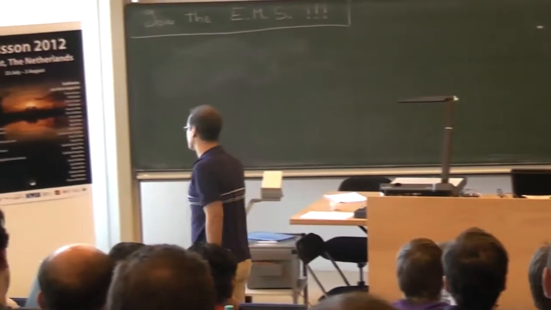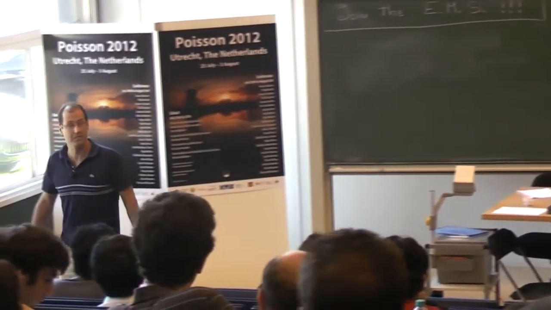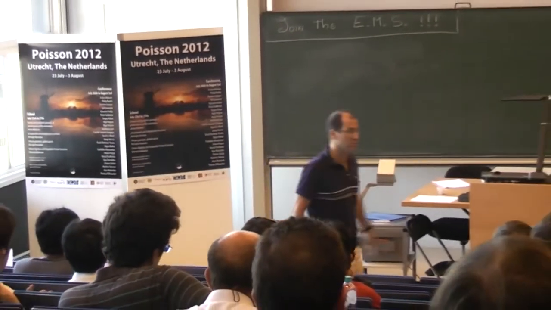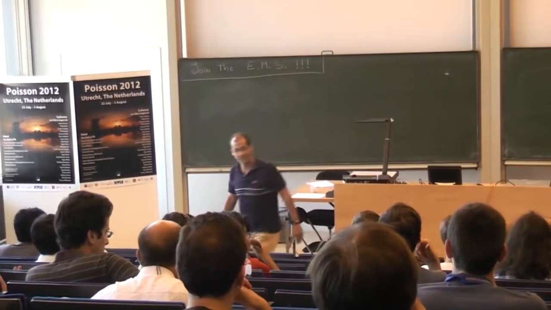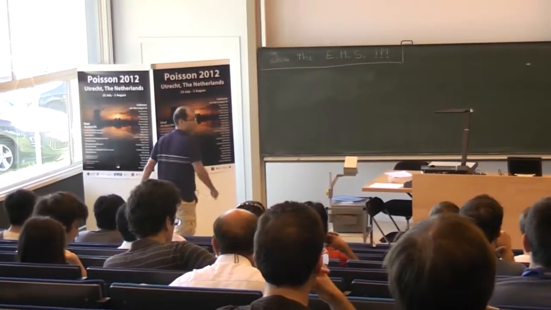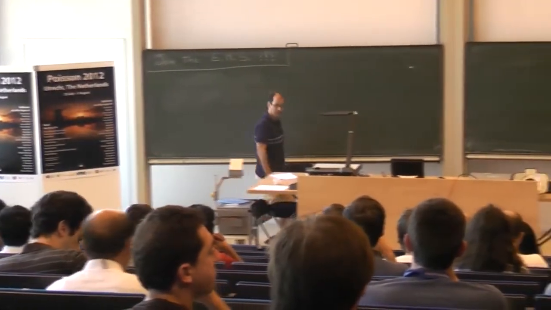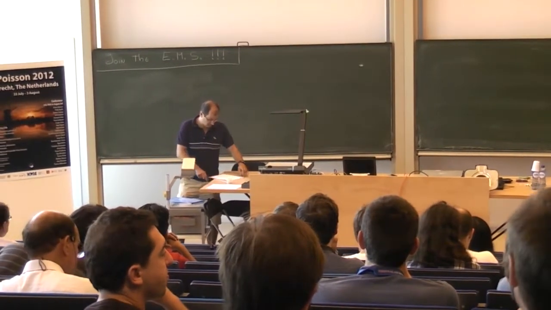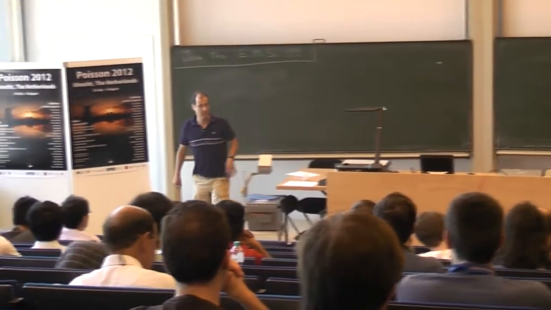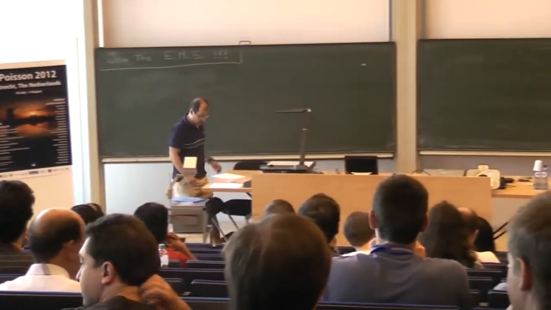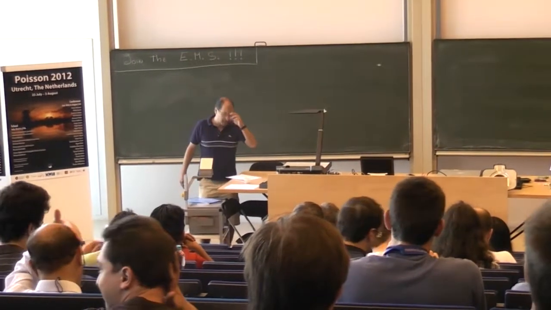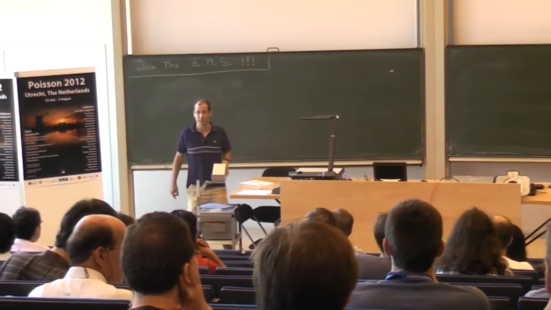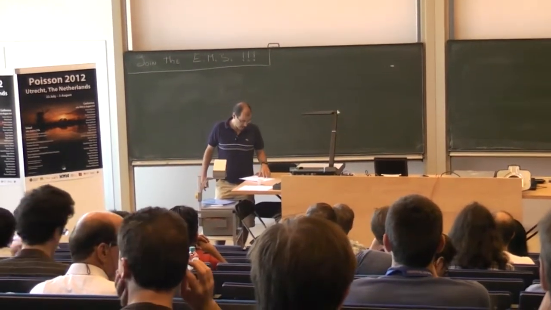So one possibility is to join the European Math Society, which collects all the math societies in Europe. Of course you should be a member of your own math society in your country. Get involved. Alright. So much about politics, now math. And you just go to the web and look for European Math Society. Of course, that's what we do nowadays. It's not very expensive, like 22 or 23 euros per year, the membership. So, anyway,